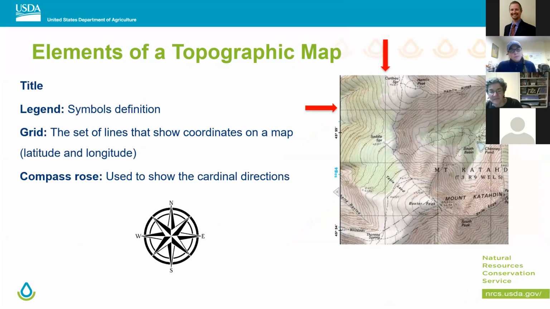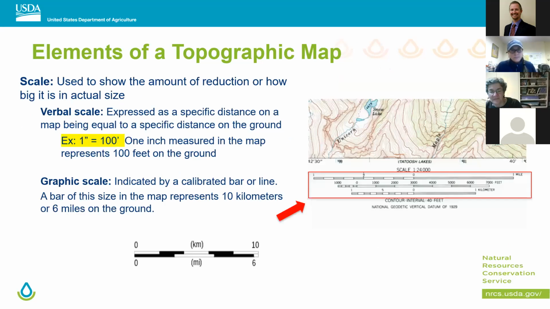When we look at a topographic map, there are certain elements that are always on the map. There's a title, and a legend with definitions that define the symbols. There are grid lines to show coordinates on the map, and those are in lat long. And there's always a compass rose showing you the direction: north, south, east, and west. Other elements are